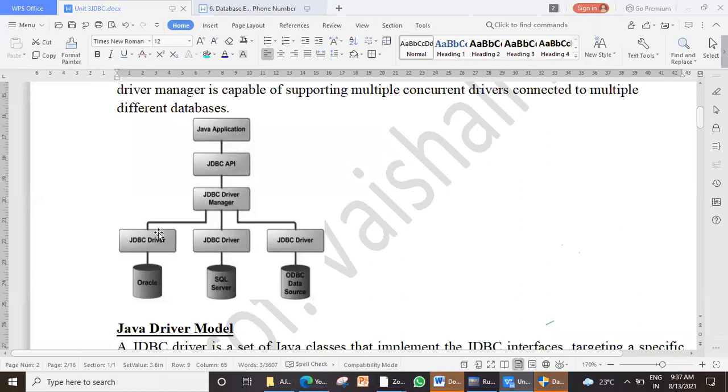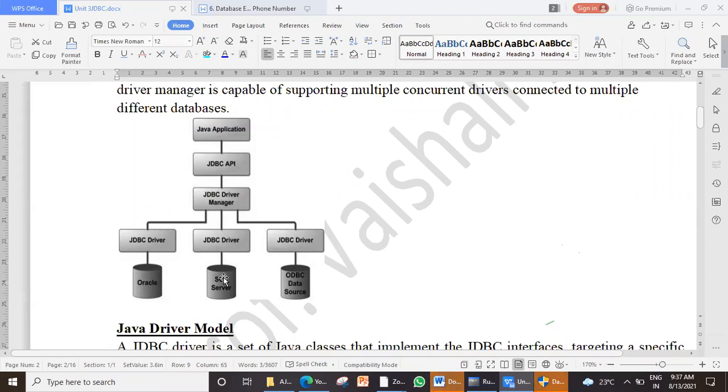So here you have drivers: a JDBC driver for Oracle, a JDBC driver for SQL Server, even a JDBC driver to connect with ODBC data sources. Then here is a driver manager which manages the connection between these drivers and the APIs. Now these interfaces basically connect you to the front end. Clear with that? So basically there will be these 4 layers.